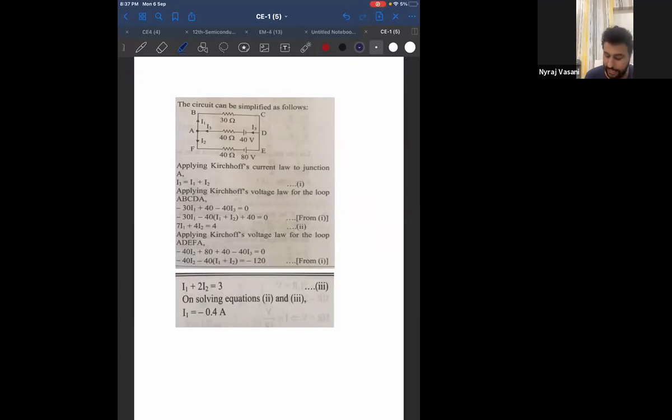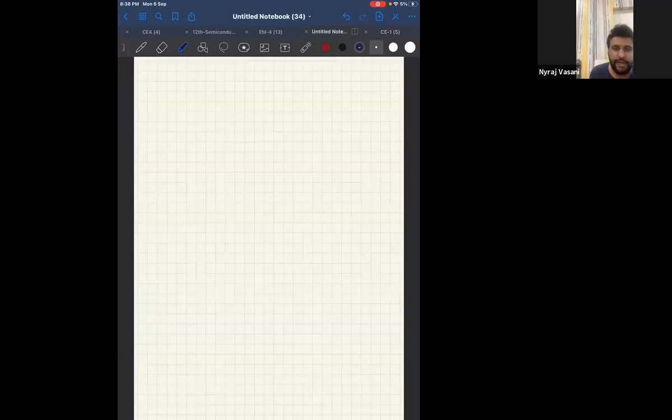Now, see concept application exercise 3. Try to solve this. This is actually a 1 minute question. Now I want you to at least try to get some current in the circuit. Then we'll discuss. Page number 56. All of you, okay? Now just think of it as a new problem and just try to solve question number